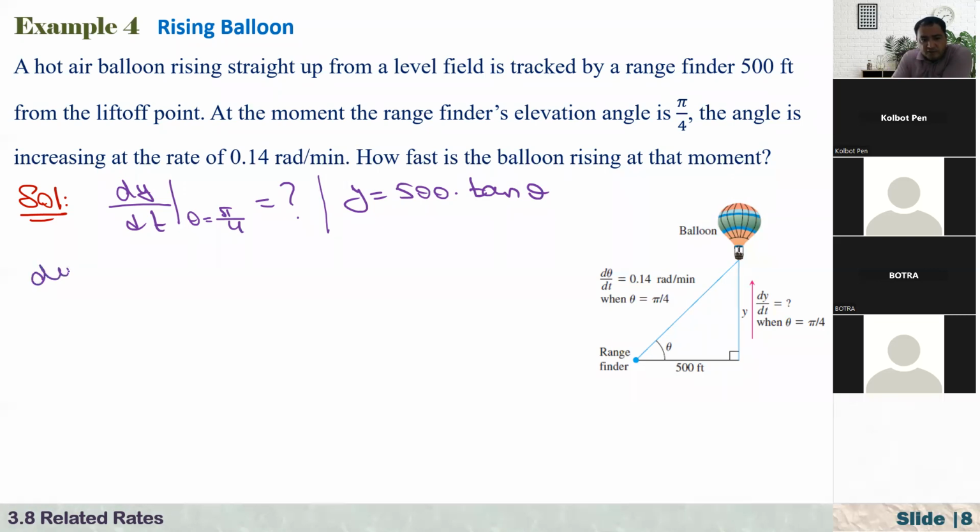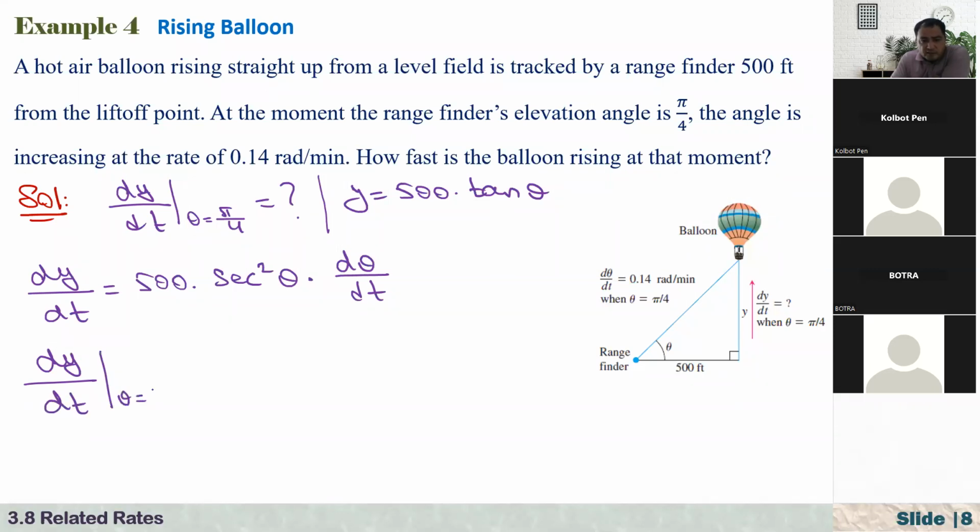So here we have dy/dt on the left hand side, and 500 is a constant number. And even in the class, I asked what is the derivative of tangent of theta? It is secant squared of theta, right? Tangent is a function of theta, and theta is a function of t. So if you differentiate tangent of theta with respect to t, we have secant squared of theta times d theta/dt, right? And now I have to find this thing, dy/dt,